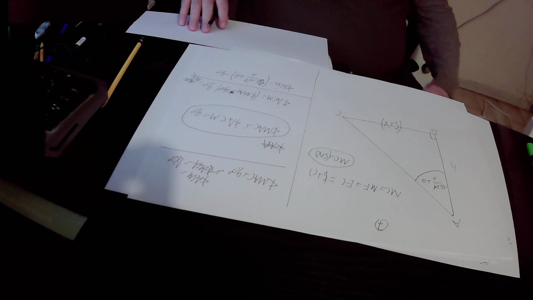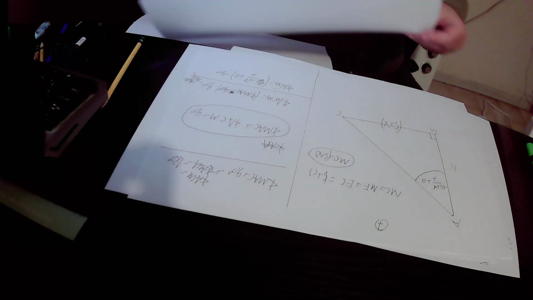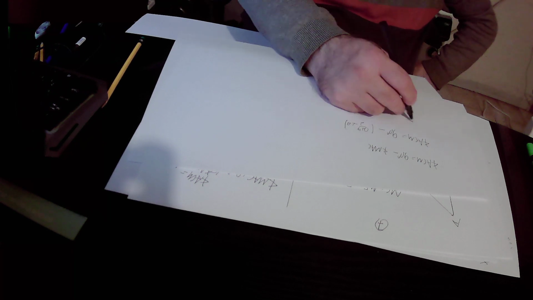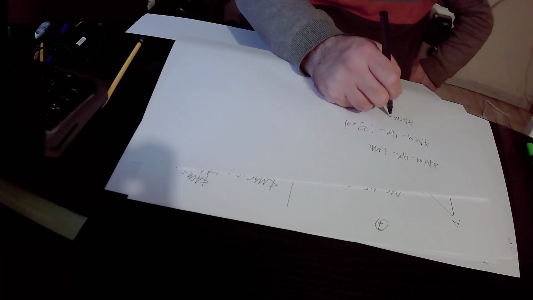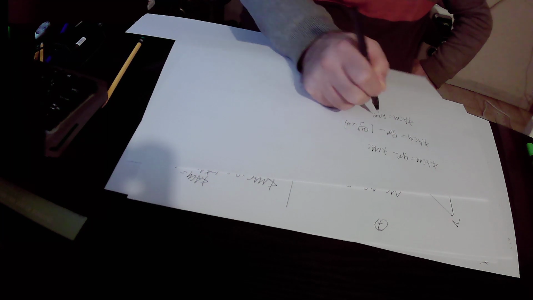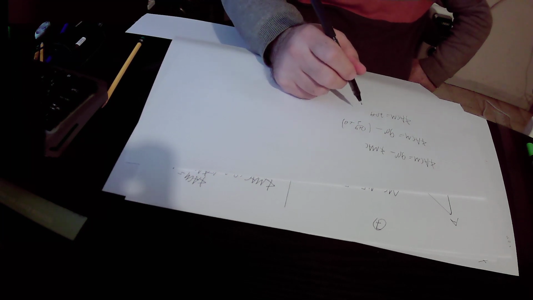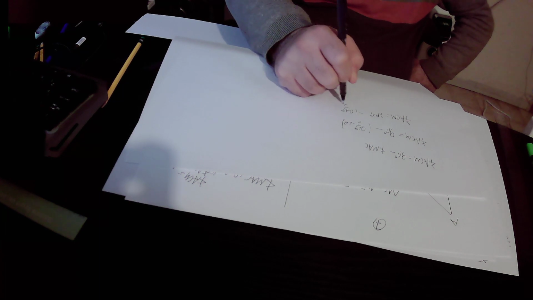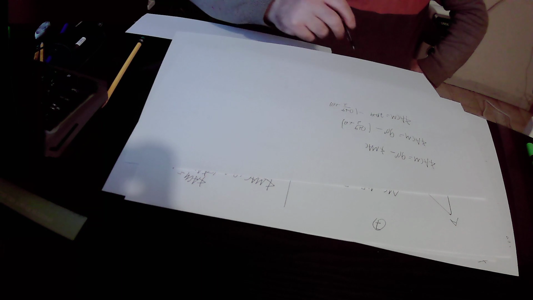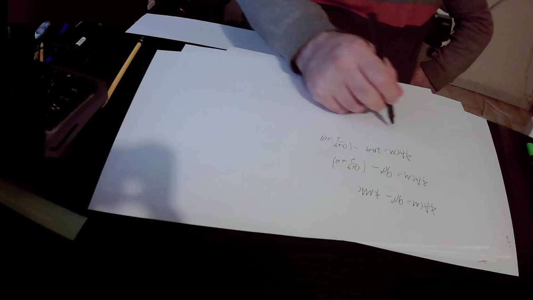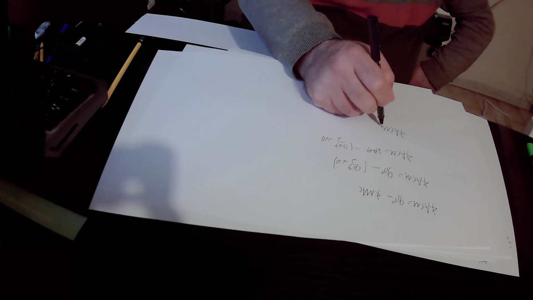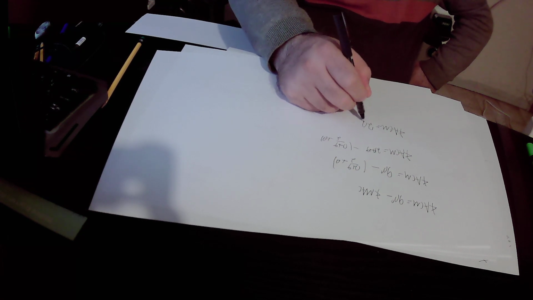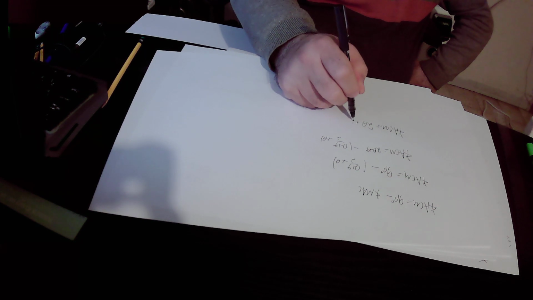And we know that 2 theta plus alpha, and alpha equals 90 degrees minus theta, so 2 theta plus alpha is 90 degrees minus 2 theta, so here